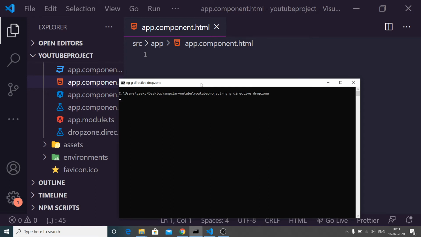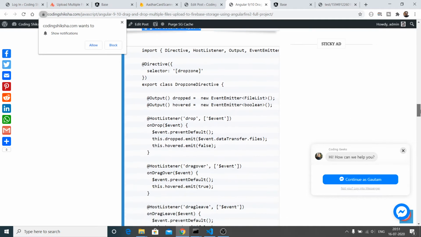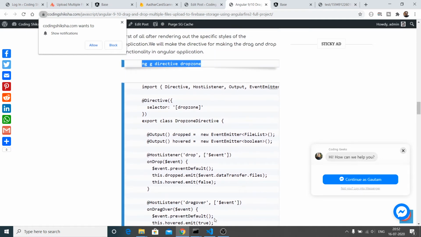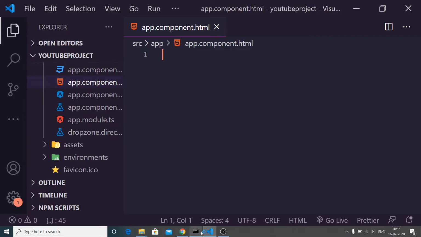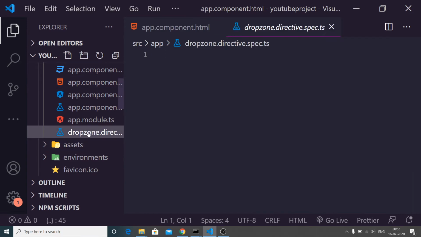So two files will be created. First will be a TypeScript file and second will be an HTML file. So it is telling me that I think I haven't deleted this.